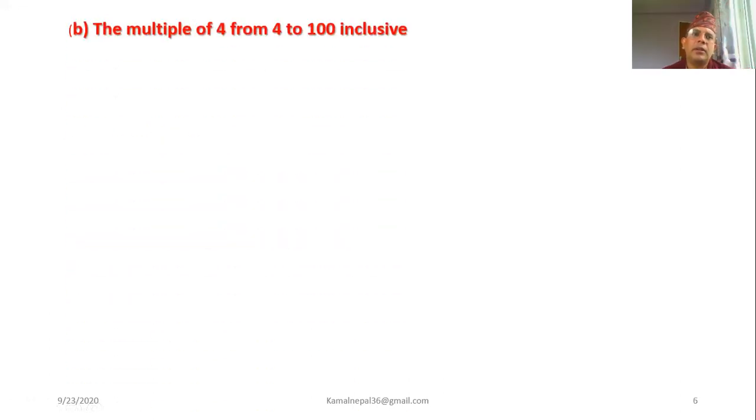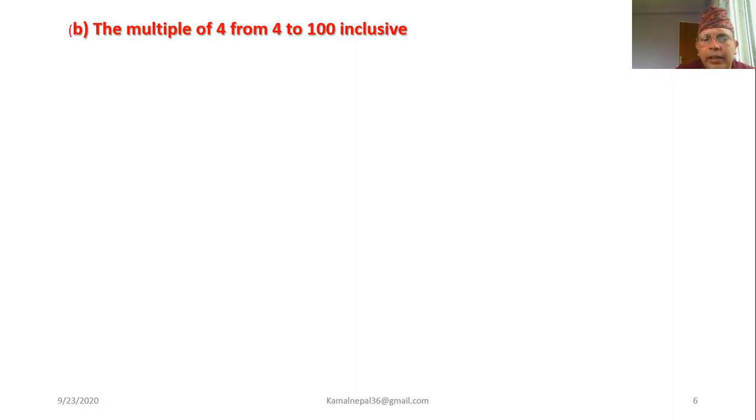And for part B, the multiples of 4 from 4 to 100. So you have numbers from 4 to 100, the collection of all the multiples of 4. So you have 4, 8, 12, 16, 20, 24, all these terms, and you should do the sum of all terms. So how many terms are there? To find this out,